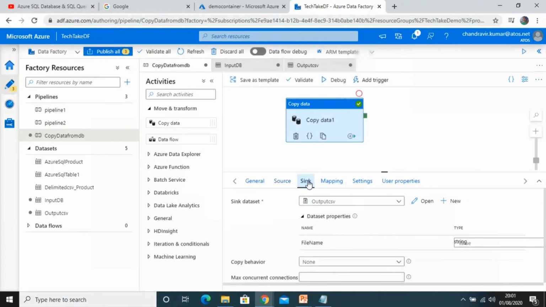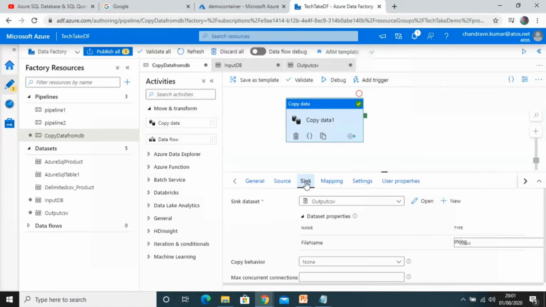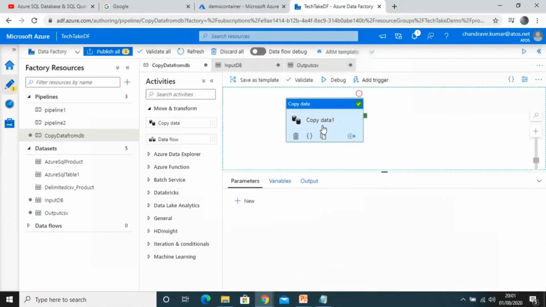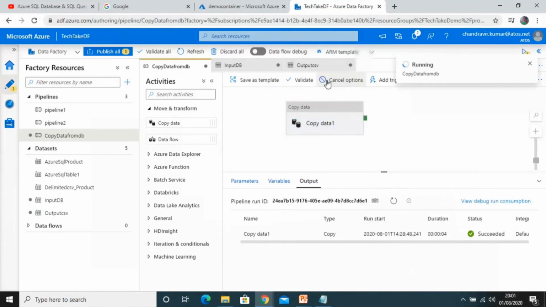Now go to sink. Put the file name here, employee details CSV. Now we are done. We can select copy data or pipeline and just hit the debug button. Our new pipeline is executing now. Just refresh the output and we can see it's succeeded.